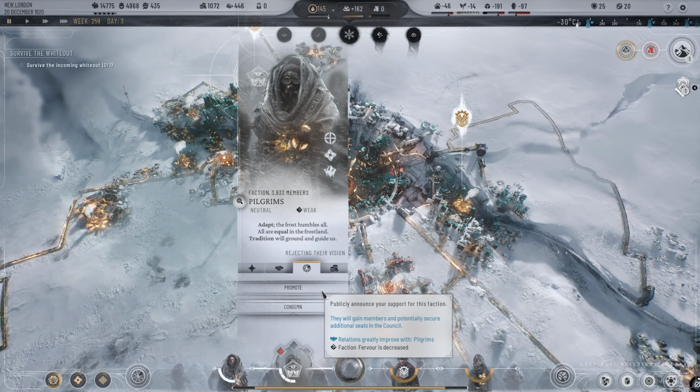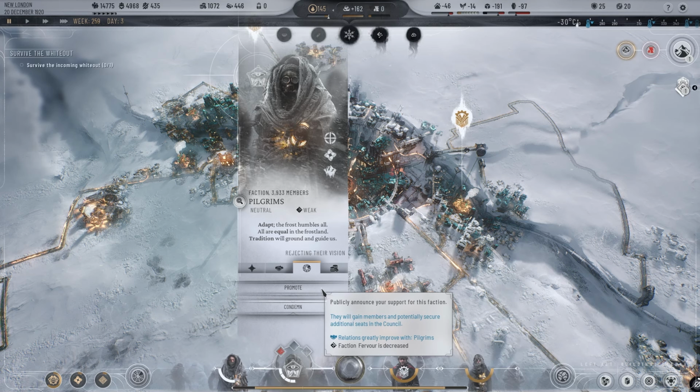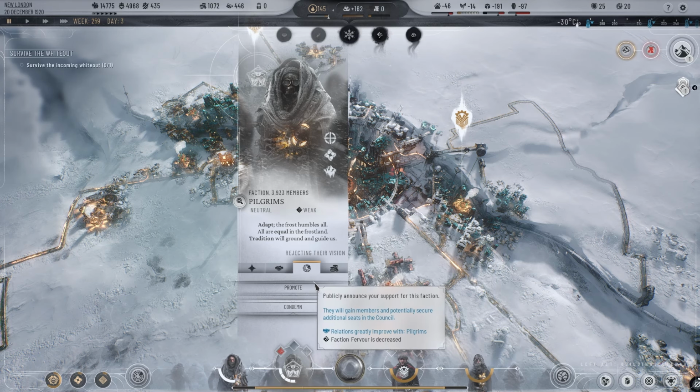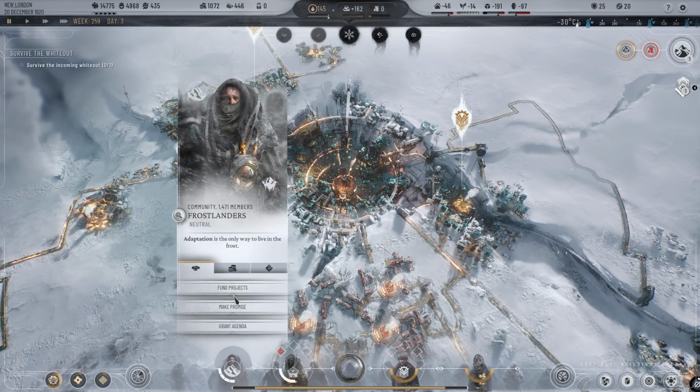But if you promote them, that's going to make people join their faction. That's going to make them stronger. So do you really want to make them stronger if you don't like them? It's tough, right? Fortunately, if you go over to the Frostlanders here, you can go over to their fervor